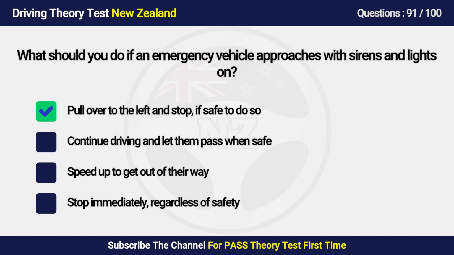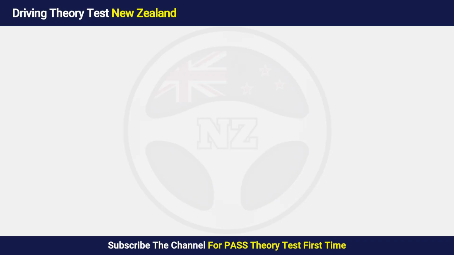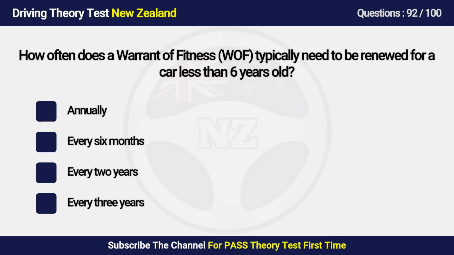Answer is A. Pull over to the left and stop if safe to do so. You must give way to emergency vehicles with flashing lights or sirens. Pull over to the left side of the road and stop, or move out of their path as safely as possible. Question 92. How often does a warrant of fitness typically need to be renewed for a car less than